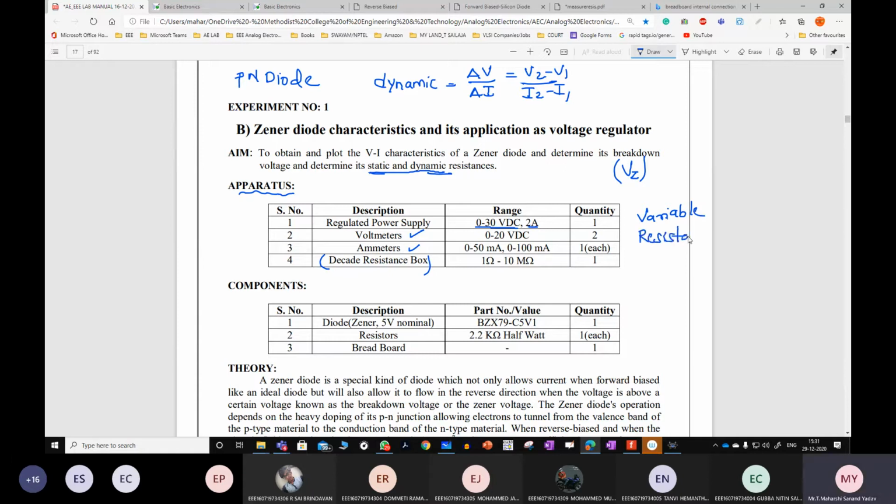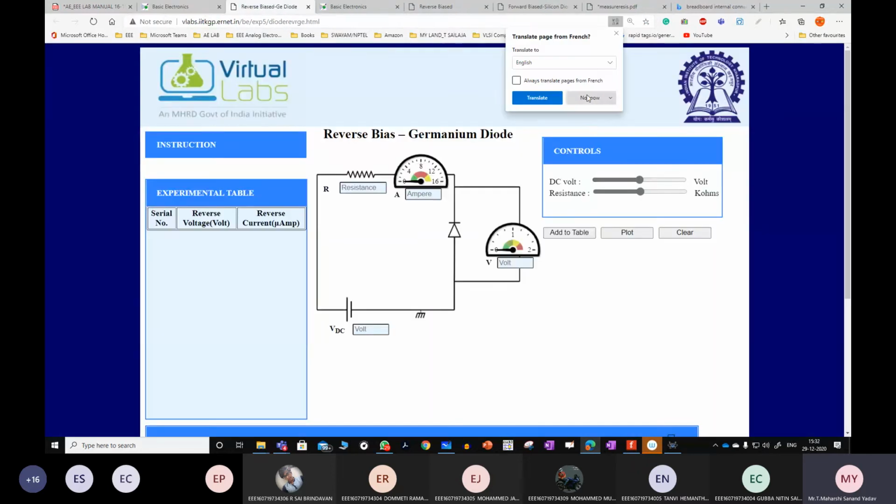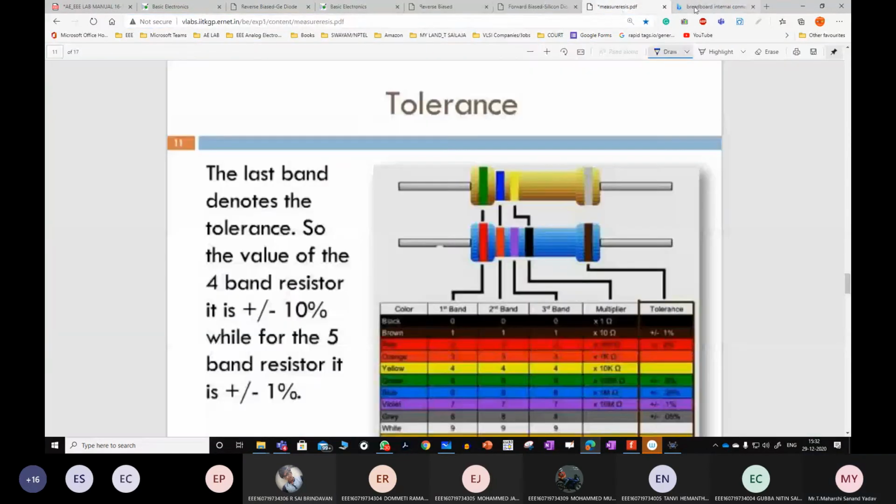In the experiment that we have seen just now, we are varying the values, resistance from 1, 2, 3, 4, and so on till 10. So this is variable in nature, not static. That's why I'm going with that particular component, which is the decade box.